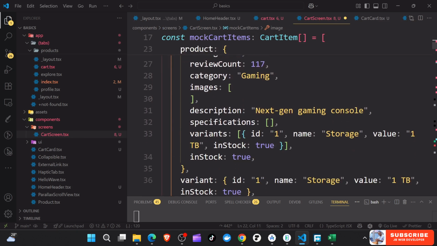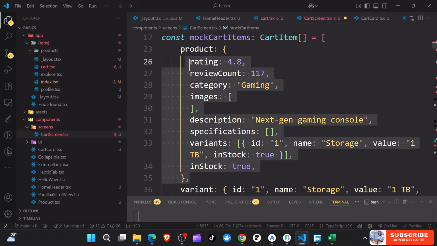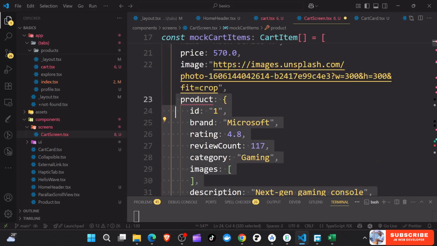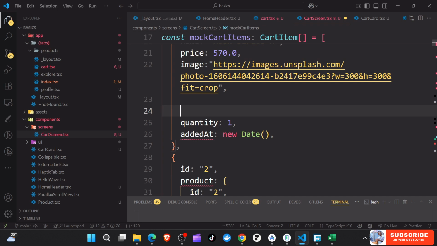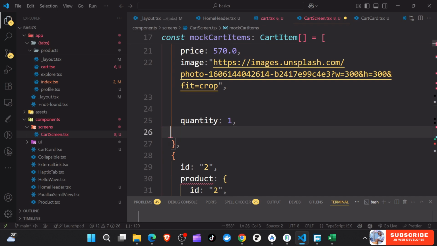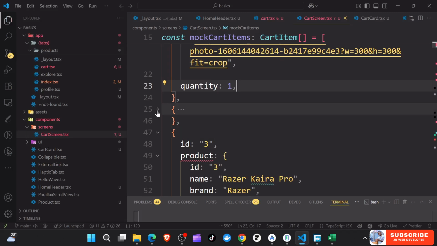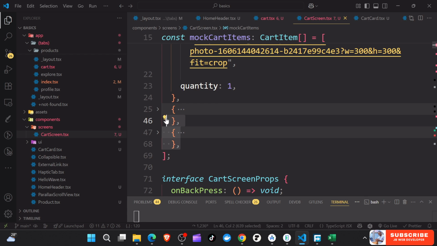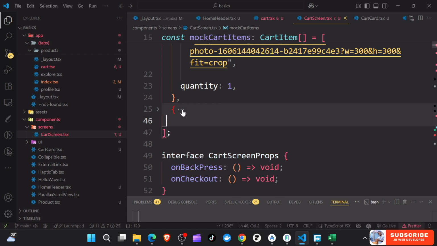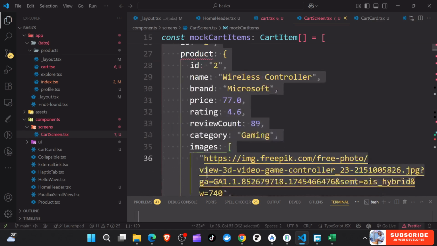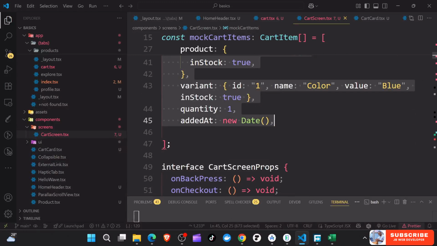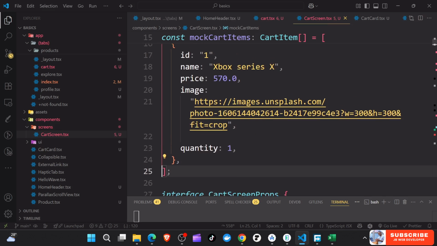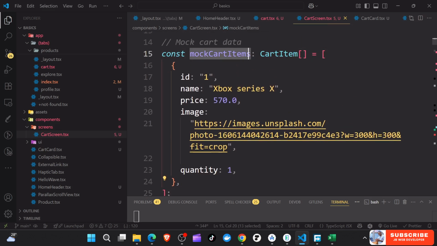And then I think that's it. And then we have the quantity. Then I'm just going to remove all others. Just like this. Okay, so we have the cart items